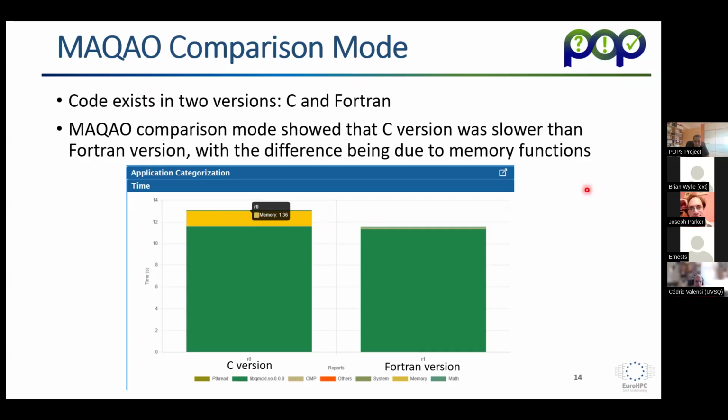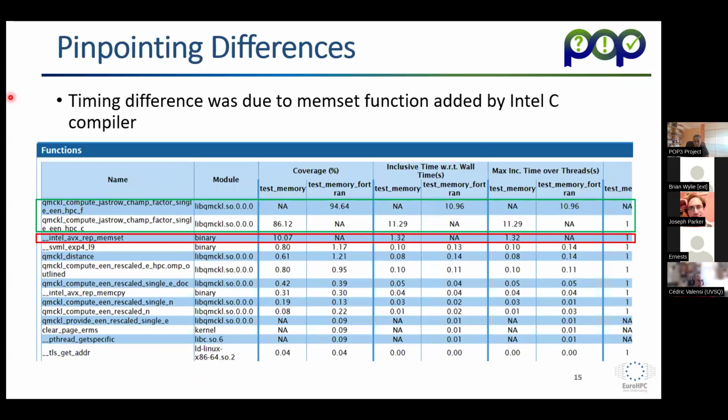So using the comparison mode down to the function level, it's possible when we compare code like that to have a comparison for each function. Here, these two functions are actually the same one, but they happen to have a different name. So we could not automatically match them, but we know they are the same ones. But otherwise, most of the other functions